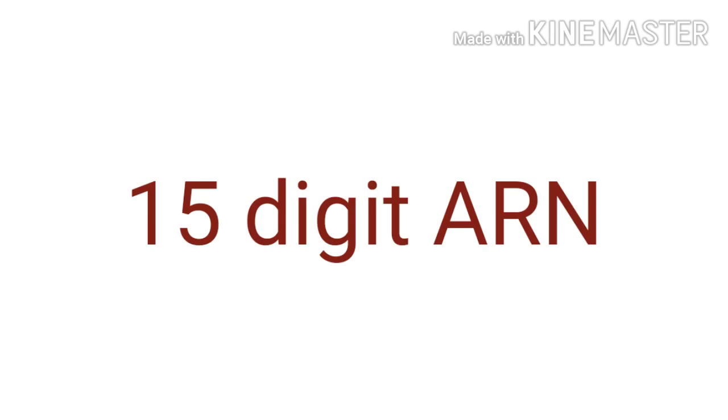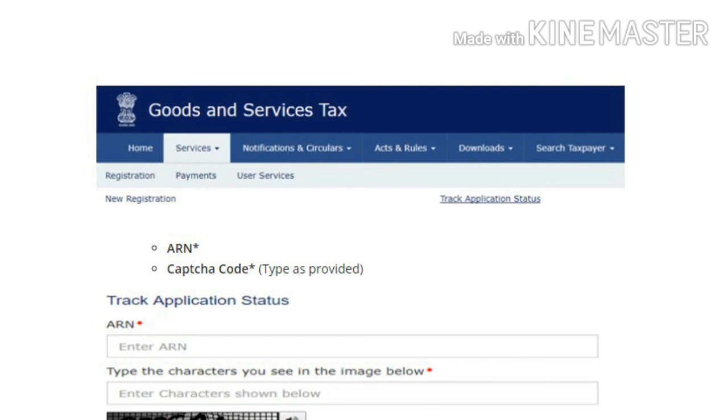And once you have submitted your GST registration form number 1, in short GST REG-01 form, you will receive an email and SMS notifying that your new registration application has been submitted. This notification will contain the 15-digit application reference number, in short ARN. You can use the ARN to track your application status and keep a tab of your new GST registration procedure on the GST portal. Log on to